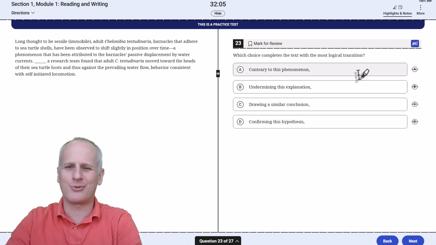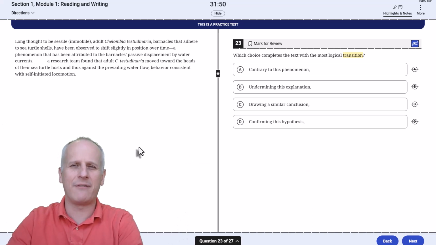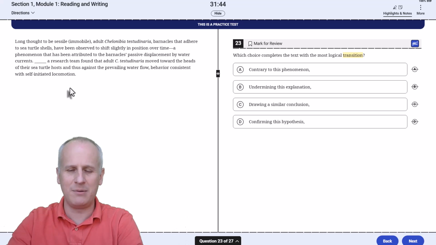Now we're into our transition questions. These tend to be the question type immediately preceding those synthesize the notes style questions we just saw. So we're going to highlight the word transition, indicating what we're being asked to do. We're going to read the statements, and we're going to first consider whether we have agreement or contrast on either side of the blank to determine whether we should have a transition that indicates agreement or contrast to create a